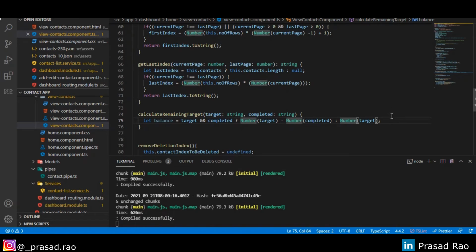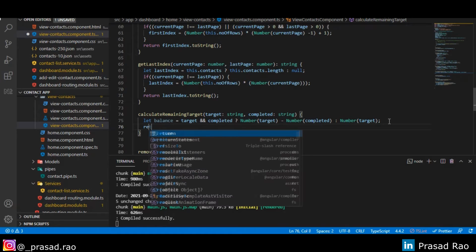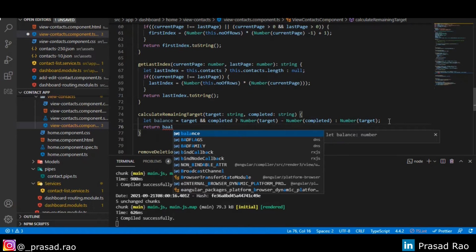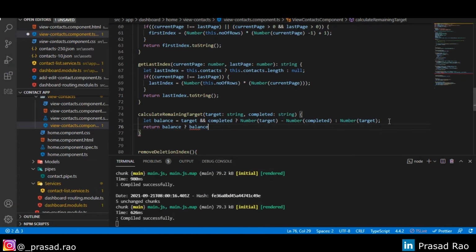I have done this because if I have not entered any value, then the target and the remaining balance are the same. So if the target is 100 and the field is empty, your remaining should be 100 again. So we'll return balance if it's defined, else we'll return 0.00.